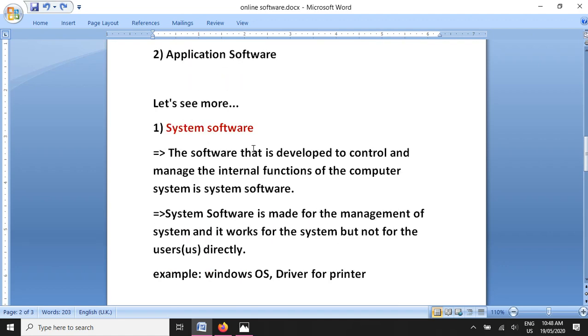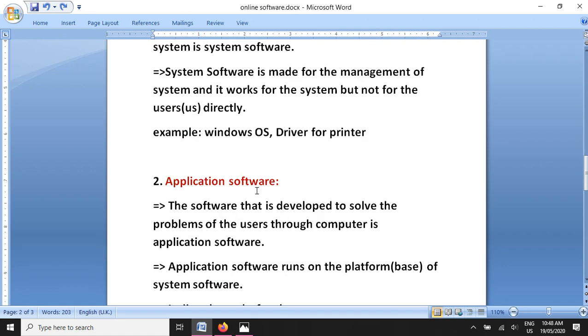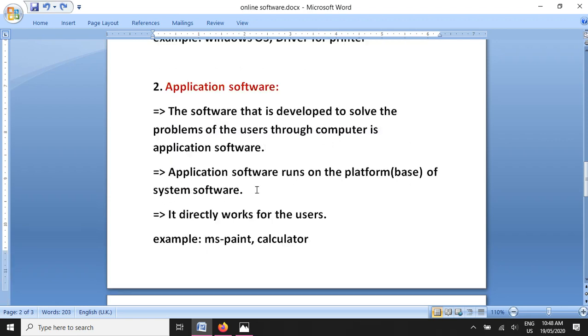First there is system software, the system software manages the system and prepares the stage, and then who does the work on the stage? The application software does. So application software works on the platform or base prepared by the system software. System software activates the system, it makes the system workable, and after that the jobs for the user are performed by the application software, and it directly works for the users.